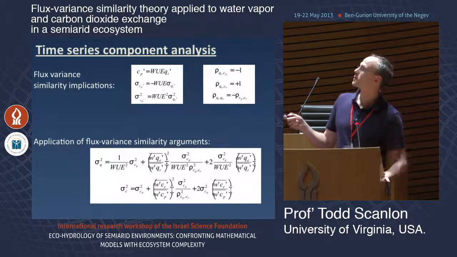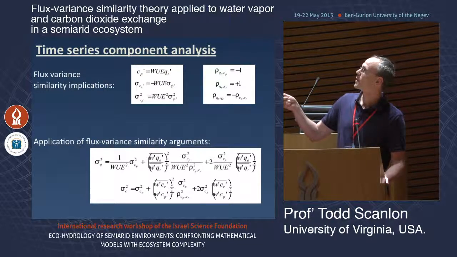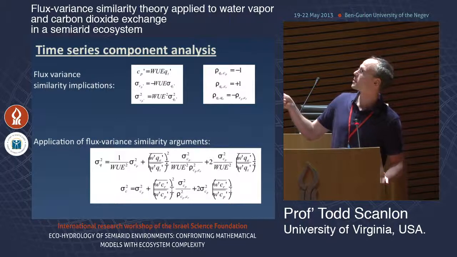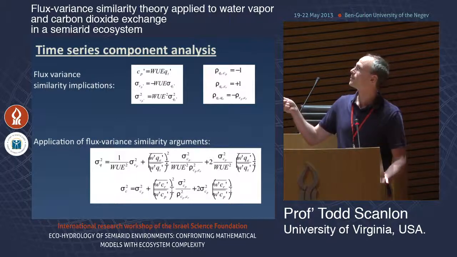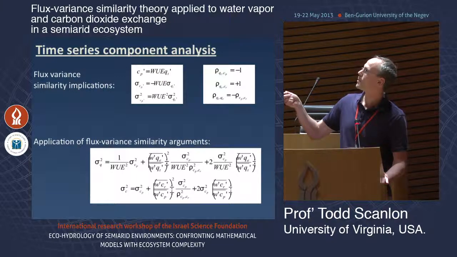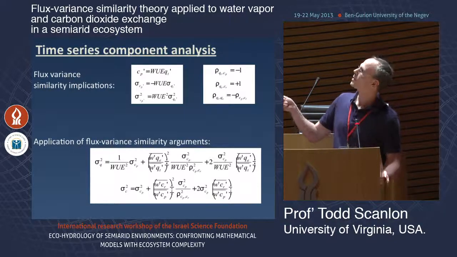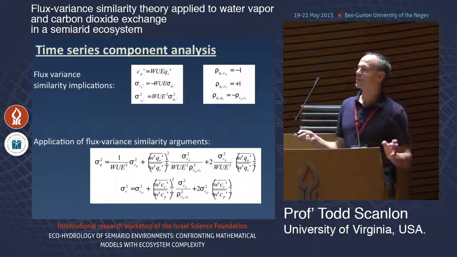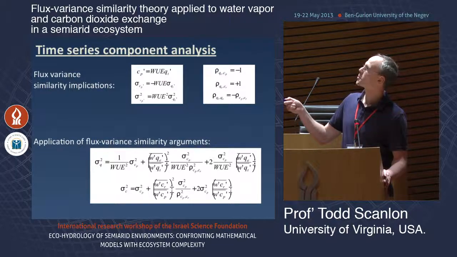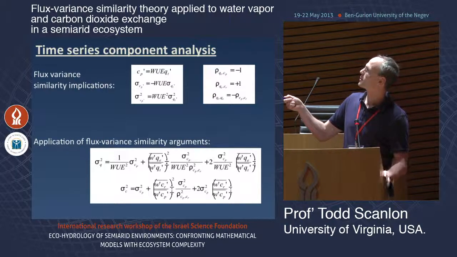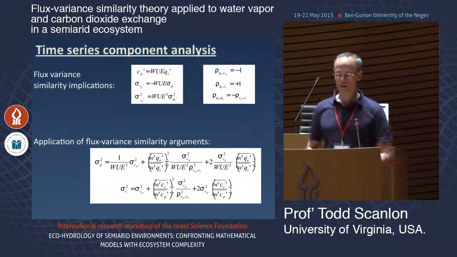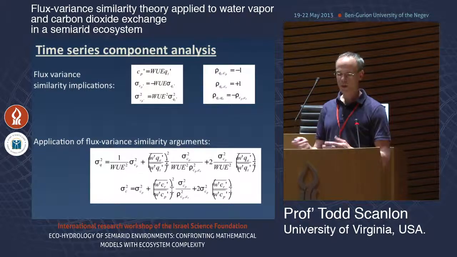So based on the flux-variance similarity implications, perturbations for CO2 are scaled through water use efficiency, perturbations by the water vapor. The standard deviations also scale through the water use efficiency, as well as the variances. And then we have those perfectly negative correlations between the stomatal exchange, perfectly positive correlations between the non-stomatal exchange, and then the cross correlations between the stomatal and non-stomatal exchange are the opposite of one another, whether it's transpiration or CO2. We could plug those into the variance budgets here,